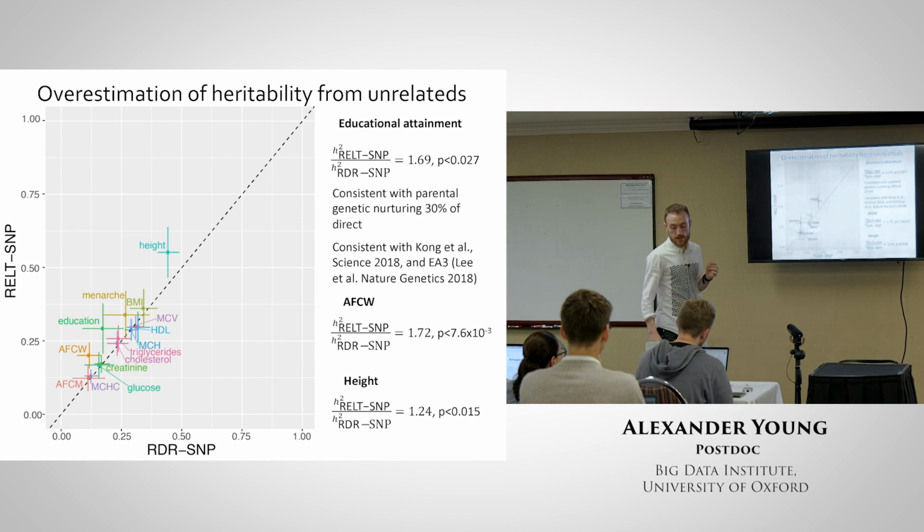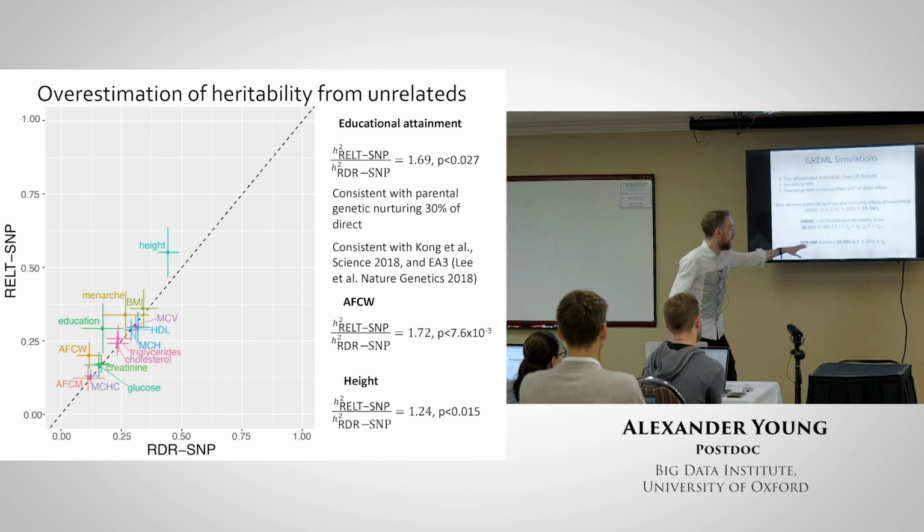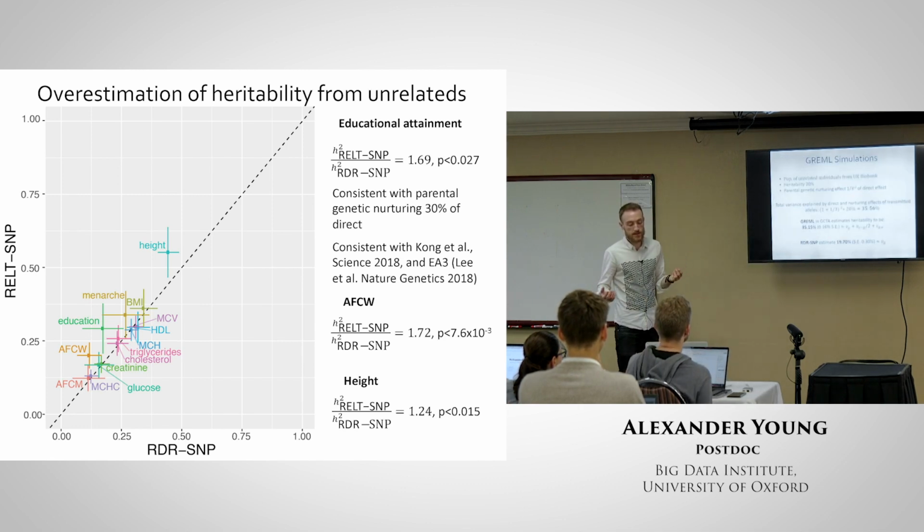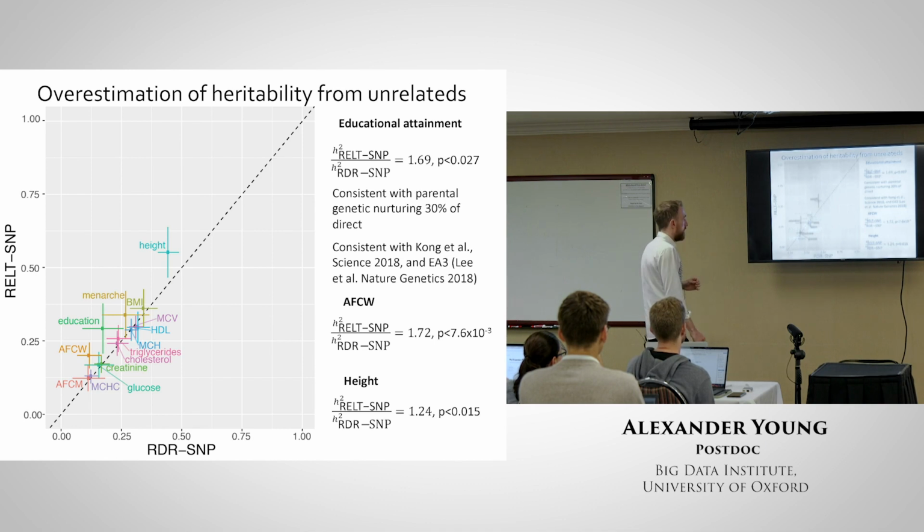I should say that this component that Grammel is estimating is not the heritability, but that doesn't mean it's not interesting or useful, because it is something more like an upper bound on the prediction you could hope to achieve. But in terms of heritability, it's not the same thing as what you might get from twin studies. So comparing Grammel estimates and twin estimates is a bit fishy, in my opinion, especially for traits like educational attainment.